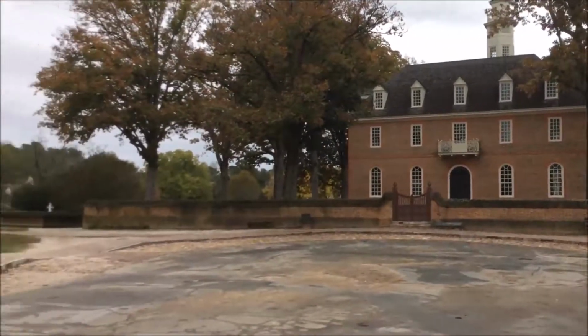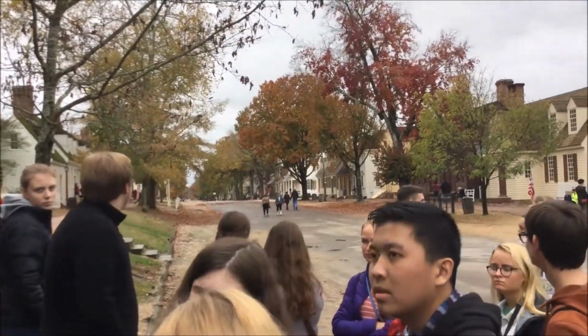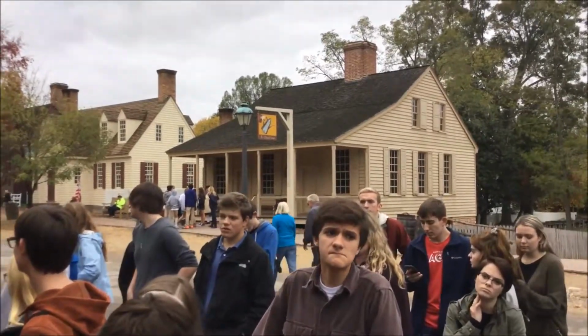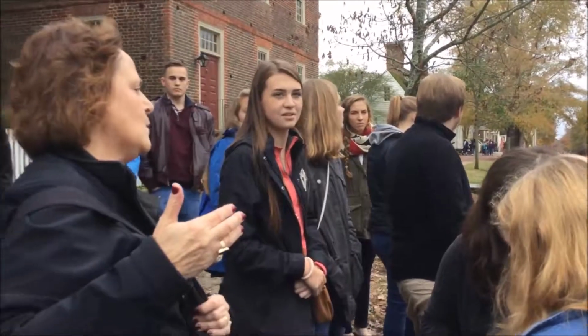From here is the Capitol. The other end of the street, a mile away, is the College of William and Mary. Beautiful, beautiful street scene. If you could have looked at this the way it was in the 1930s before Rockefeller